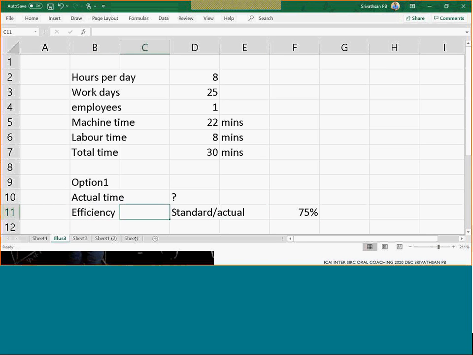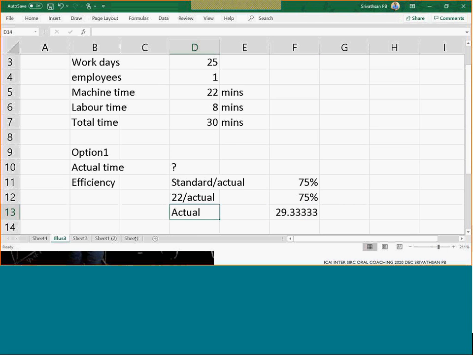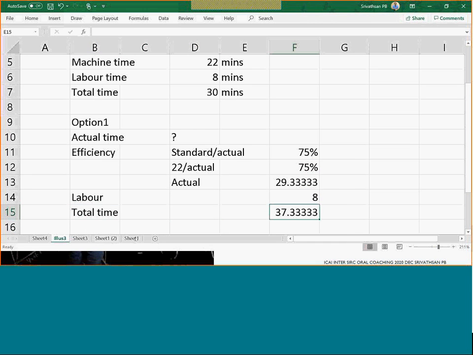So given 75%, actually 10 minutes, 0.33 minutes, and then at 100% efficiency, so he is doing 8 minutes. Of 32 completion unit